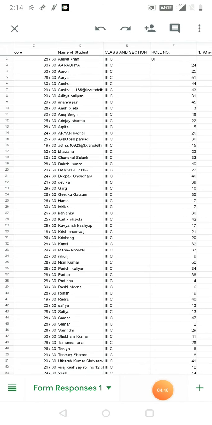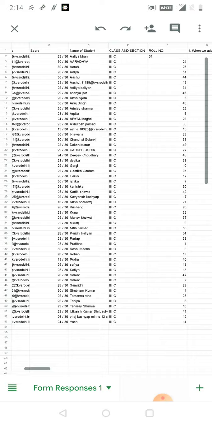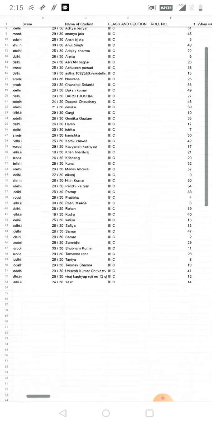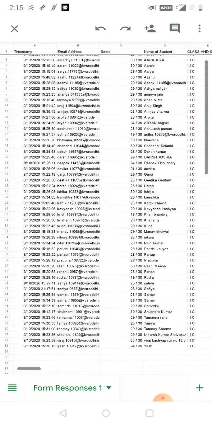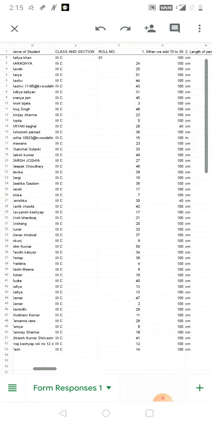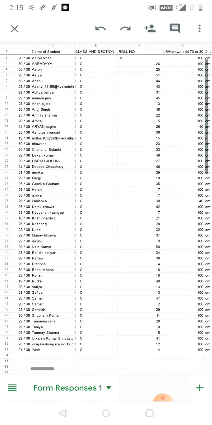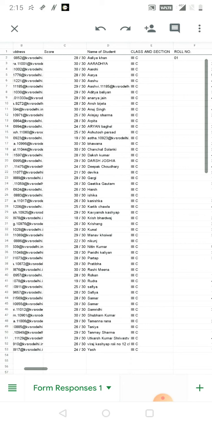Yes, in case there is some technical issue and it is not importing all the grades, then you can go to the spreadsheet of your Google Forms. This is the spreadsheet of the Google Forms. From here you can see the list of the students along with their roll number and their score.